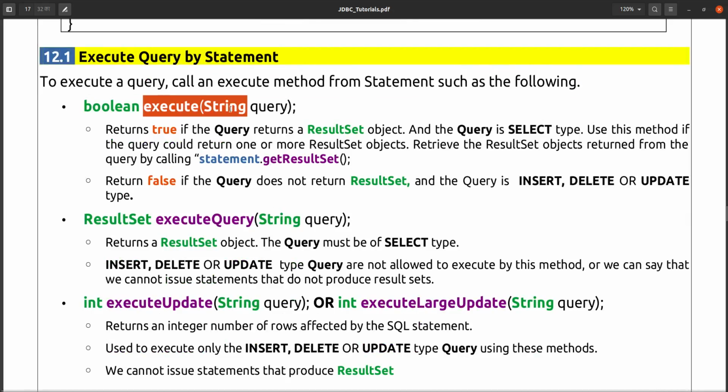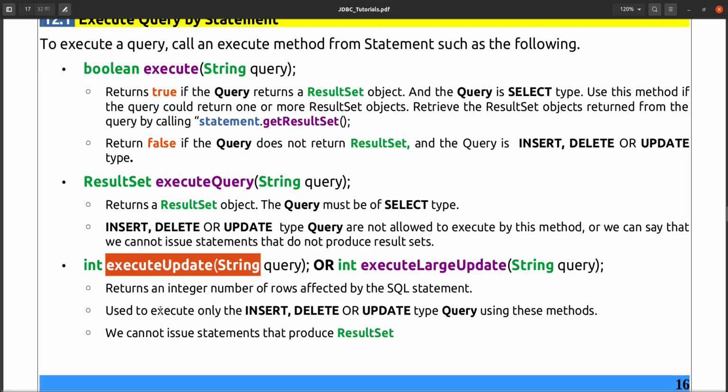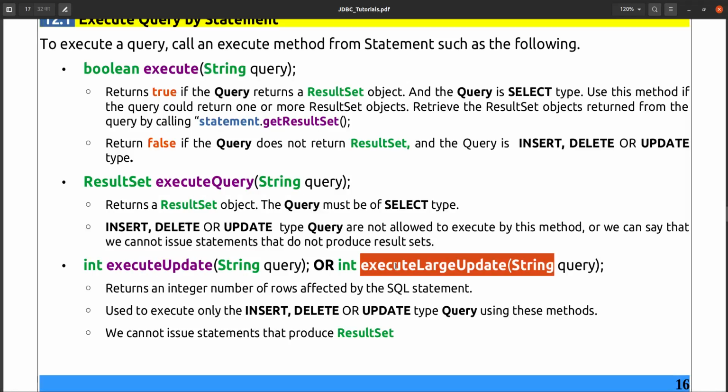One is the execute method. Execute with a query string is also available if it is a statement, or you can execute without the string also. Then executeQuery and executeUpdate. These three methods are there: execute, executeQuery and executeUpdate, or executeLargeUpdate.